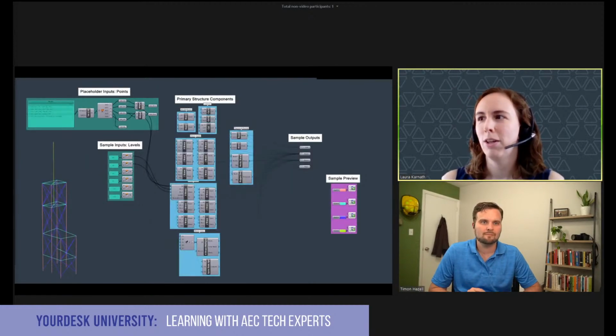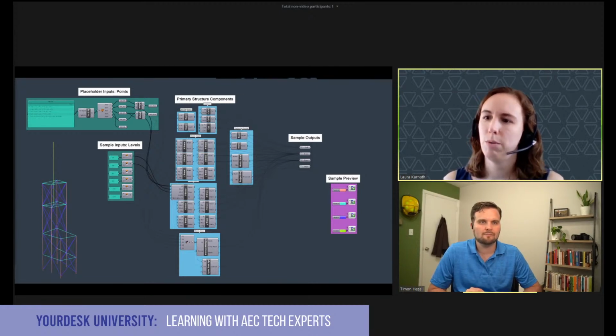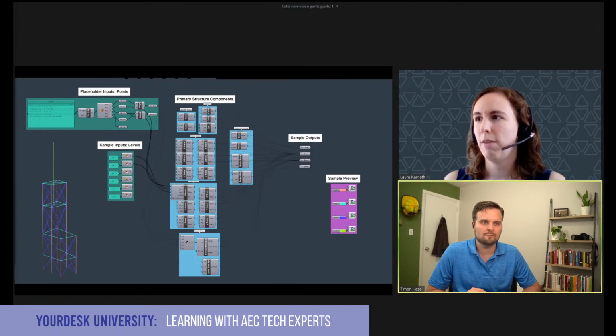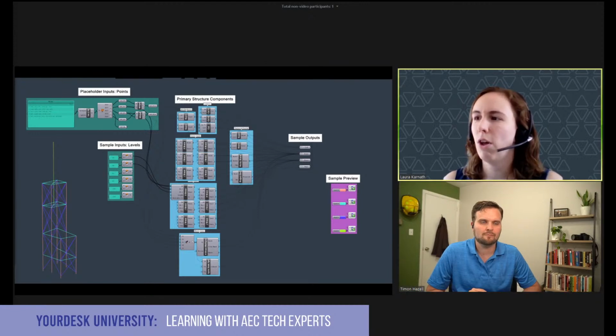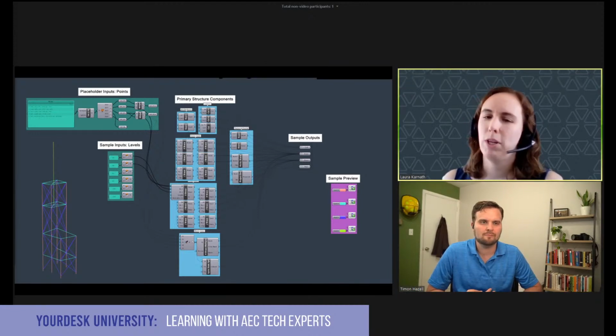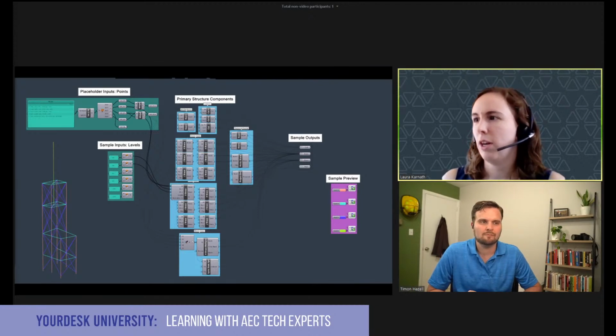So instead, we might have something like this. On that project that I was mentioning earlier, we started at the beginning by making these super simple little clusters and super simple inputs that would do really basic things related to a structure. So we have different kinds of braces, different kinds of columns, different kinds of beams, and they put together this little model that you see on my screen.